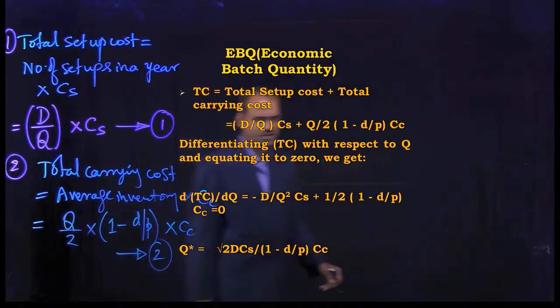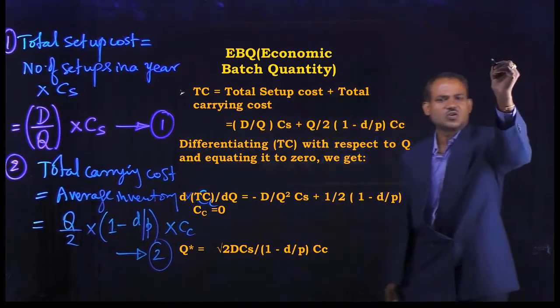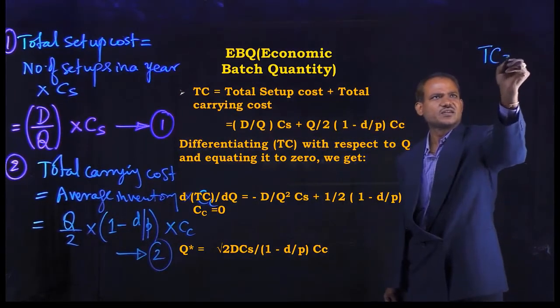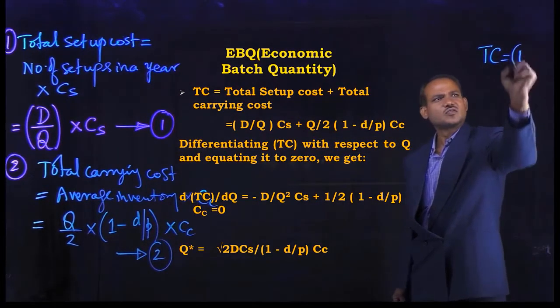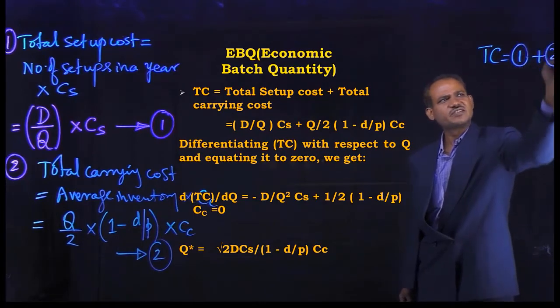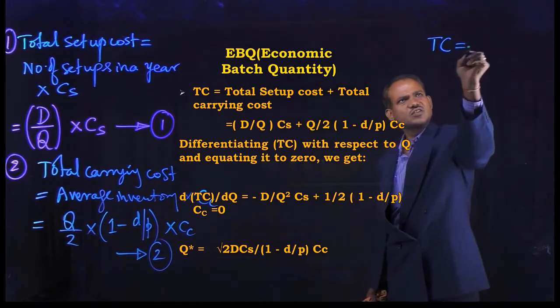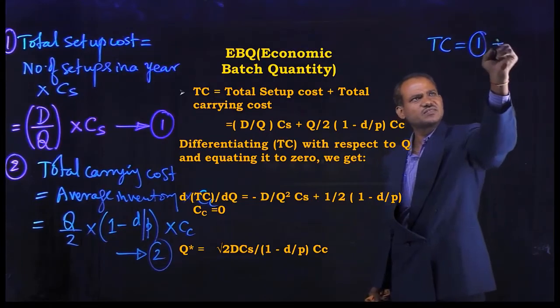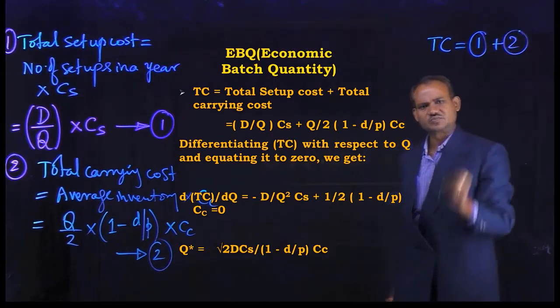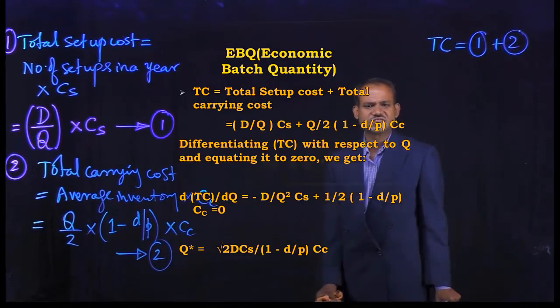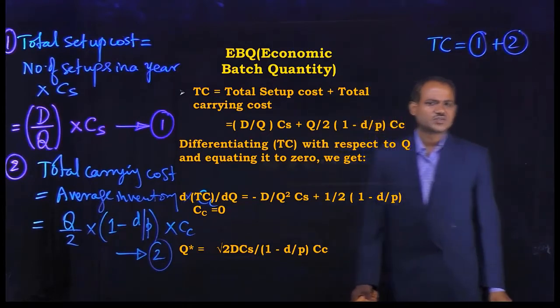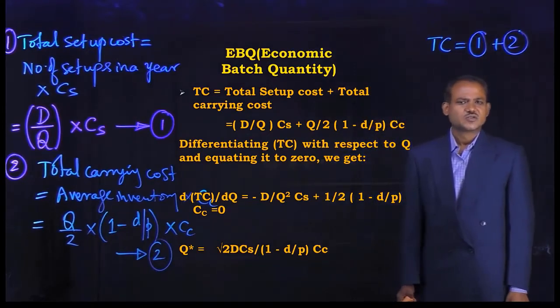This is equation number 2. Total cost is nothing but equation 1 plus equation 2. This is TC. So, to find out the economic batch quantity